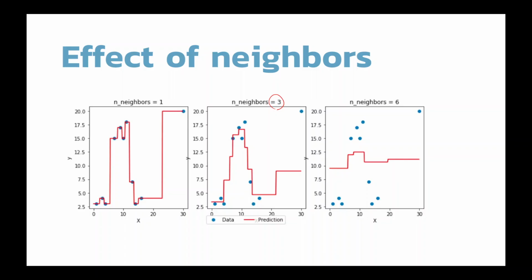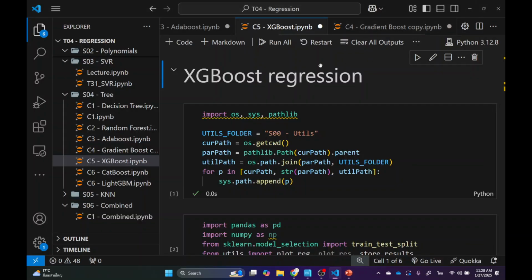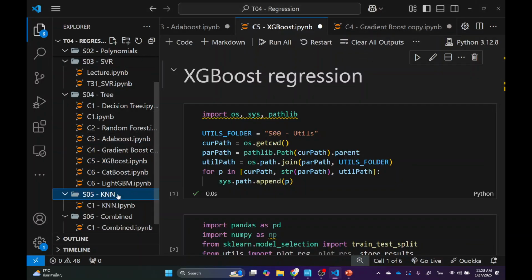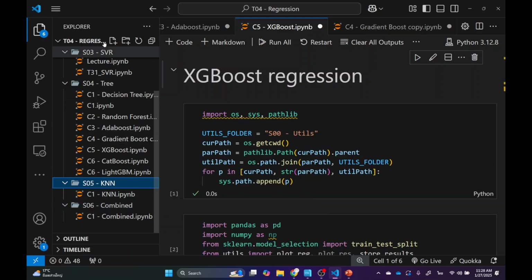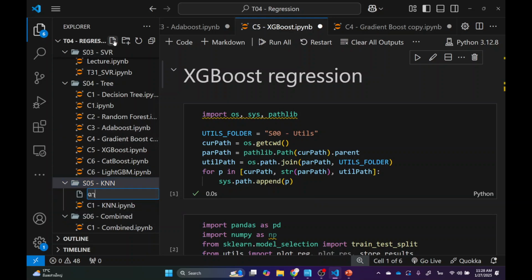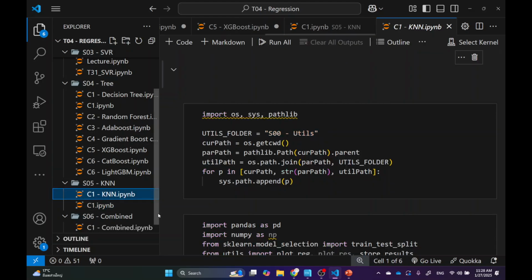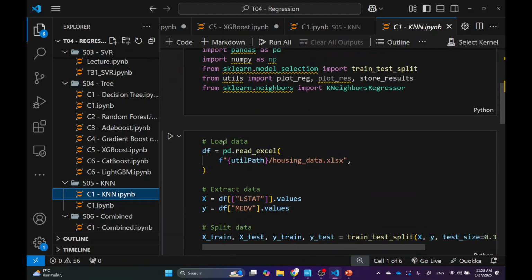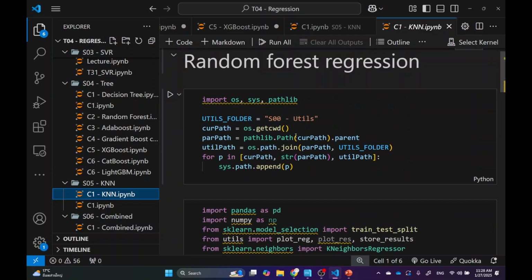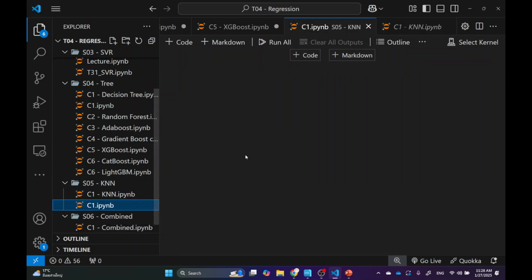All right, so let's see what it's doing in our example. I'm going to go to my k nearest neighbor file. Actually, I'm just going to show you this file because everything else is the same. The only thing to change is